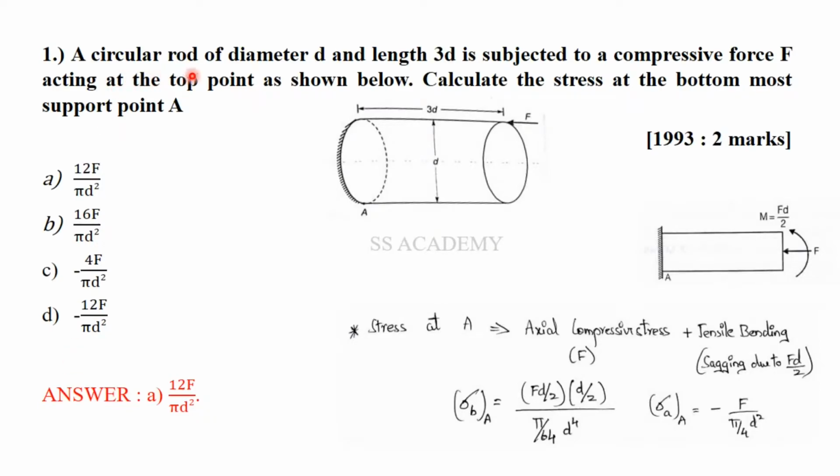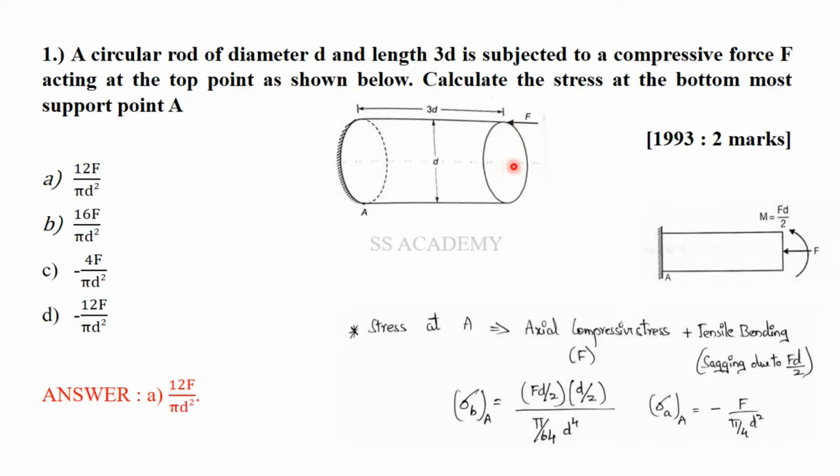A circular rod of diameter d and length 3d is subjected to a compressive force F acting at the top point as shown below. Calculate the stress at the bottommost support point A. They have given a cantilever beam and they have asked the stress at the bottom point A particularly. It is a 1993 GATE 2 mark question, and you can see that the force is away from the